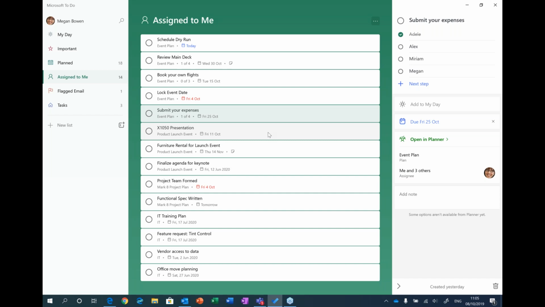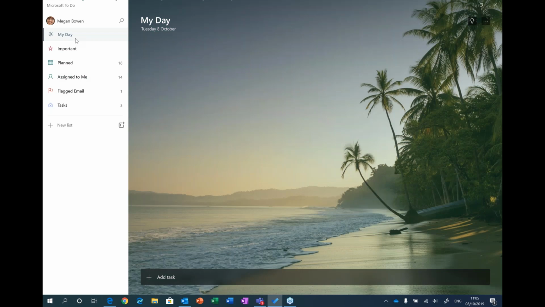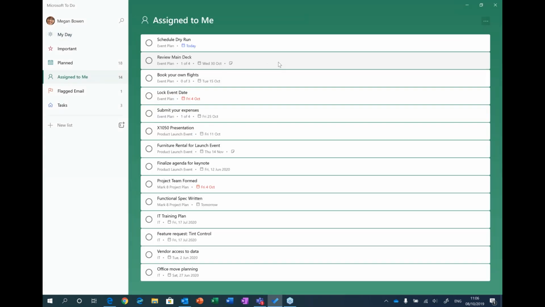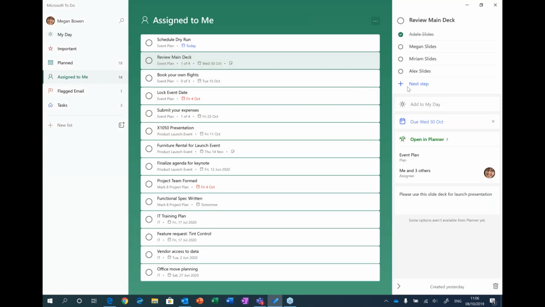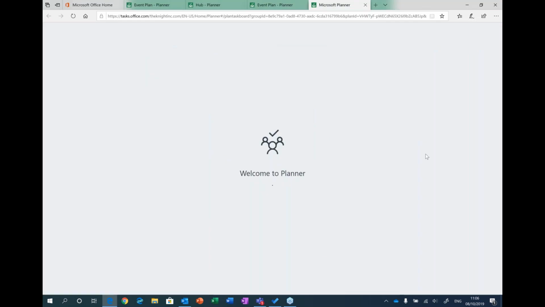And the nice thing is if I open up To-Do, I can have a look at my personal tasks that maybe I've created, my flagged email tasks. Maybe I want to go into my day and have a look at some of the tasks that I've assigned to myself to do today. I can really easily add. So review main deck, maybe I want to add this to my day, so I can click to add to my day. I can even pop it out into Planner from To-Do, so I can say, maybe I want to update the notes, but I can also open it in Planner,